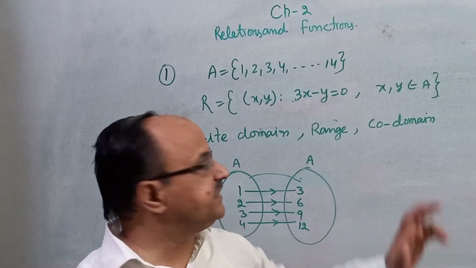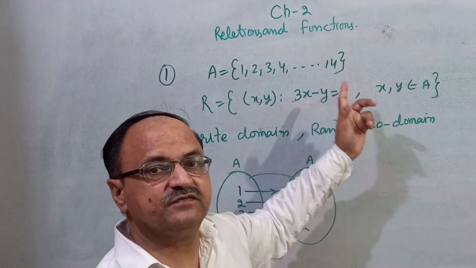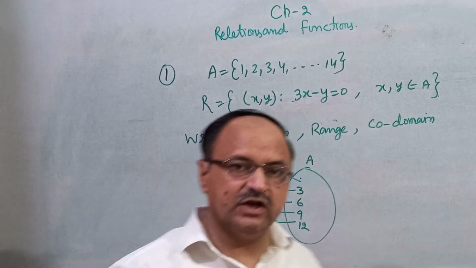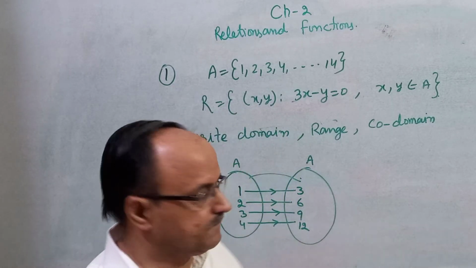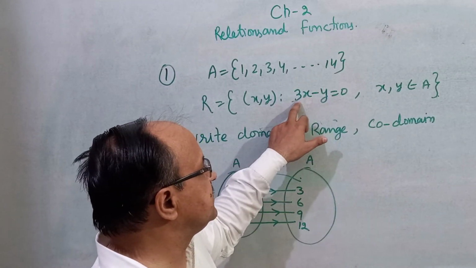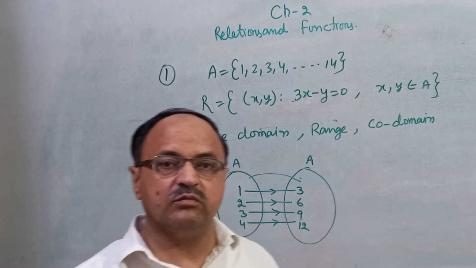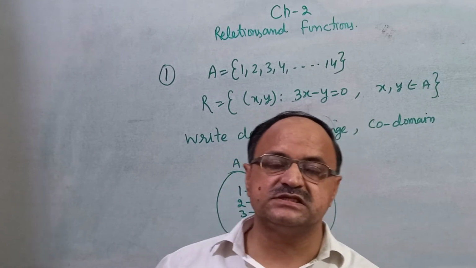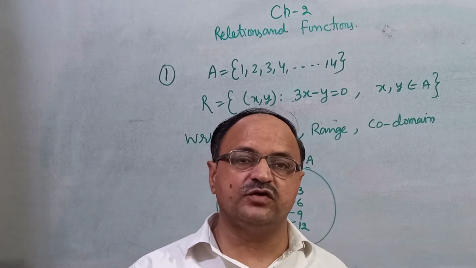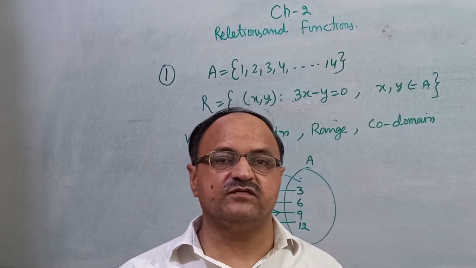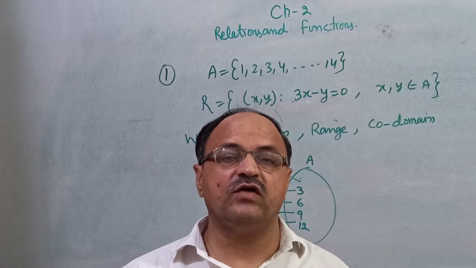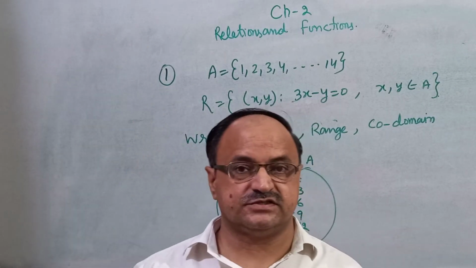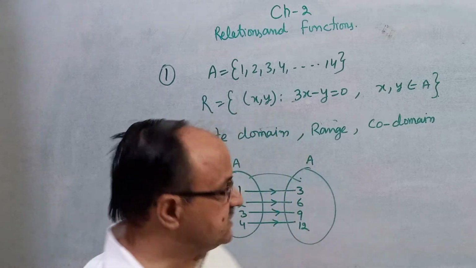The y is equal to 15, but the element 15 does not lie in the set A. So therefore we can't take the value x equal to 5. Because you know that R is a subset of A cross A. A has 14 elements, then A cross A has 14 times 14, that is 196 elements. And the total number of relations is 2 to the power 196, and this is one of them.